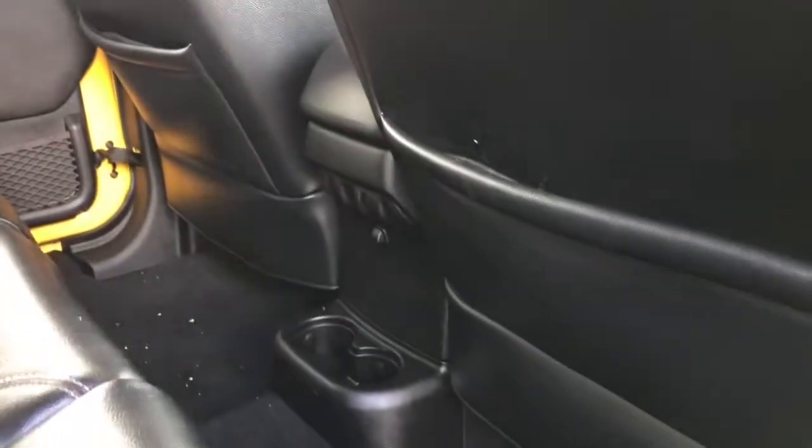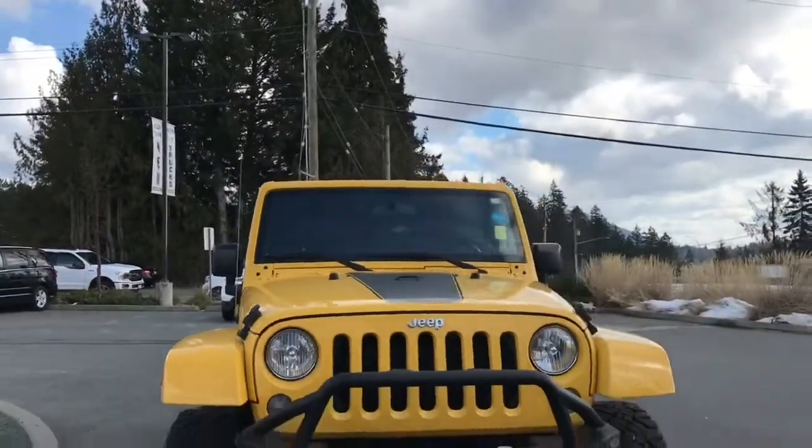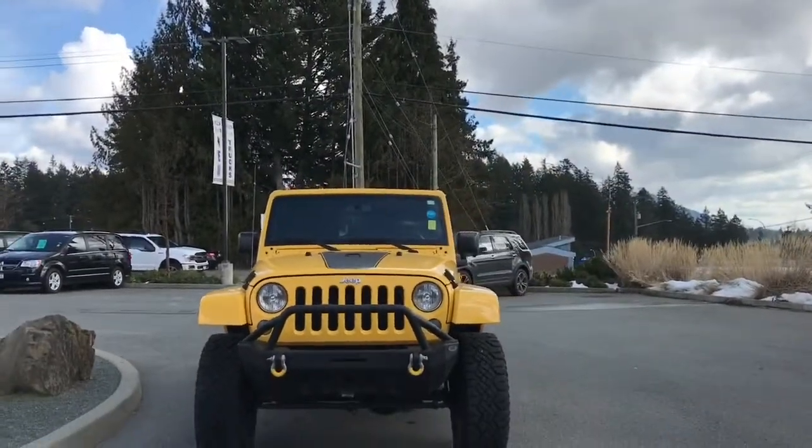You have slim pockets on the back of the front seat, and there's a couple of cup holders on the floor there. There's also lighting up above. Privacy glass in the back windows, powered side view mirrors, halogen headlights, tow hooks, and so many more reasons to